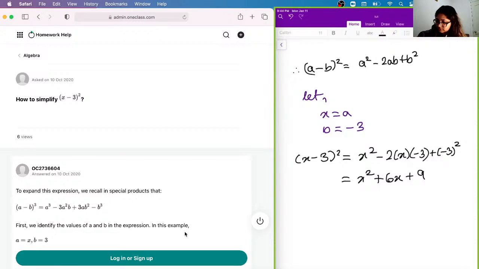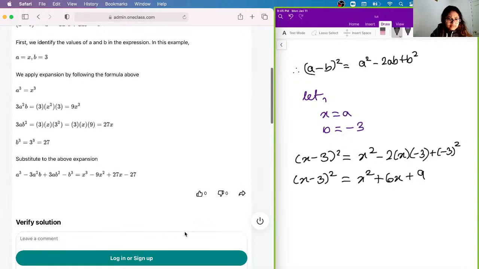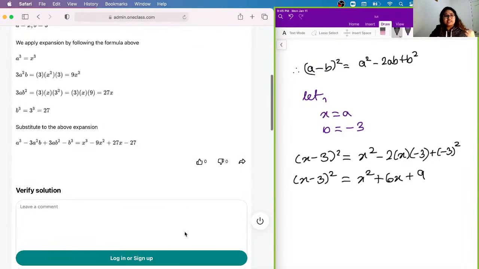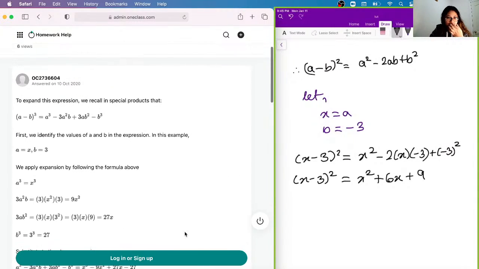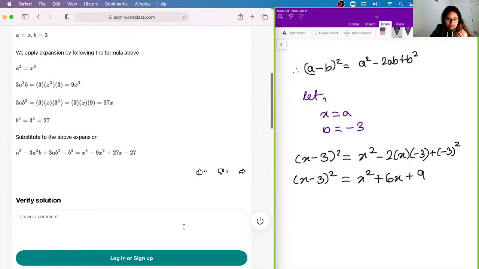And so what you basically have is that x minus 3 squared is equal to x squared plus 6x plus 9. Okay. So I think they use the cubic formula here, which it does not ask since it's a square. So the answer is